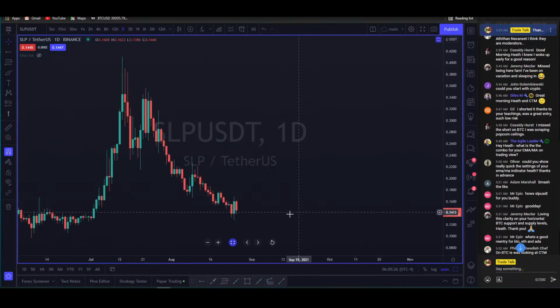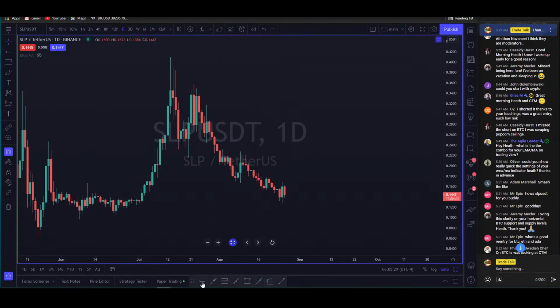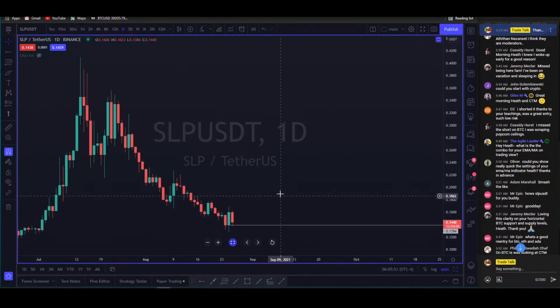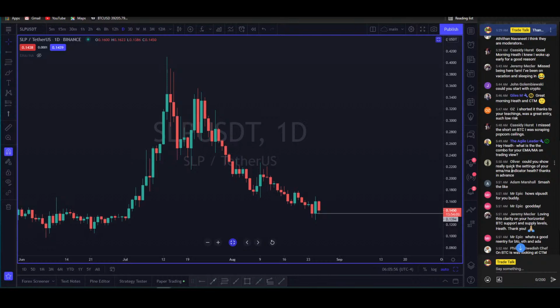You had a bullish day yesterday. You're testing yesterday's open. If you can maintain that on a daily closing basis, then yes, you might see another push up to about 17 cents. If you get a bullish continuation, maybe up to 18. But up here, this swing high right here, that's where I would look for the sellers to re-engage this asset back at 20 cents, push it on low, back down to new all-time lows. But yes, you did have a bullish engulfing day yesterday, aka outside day. So see if it holds this. If it does, you can take a long and target yesterday's high. That's it. Good day.